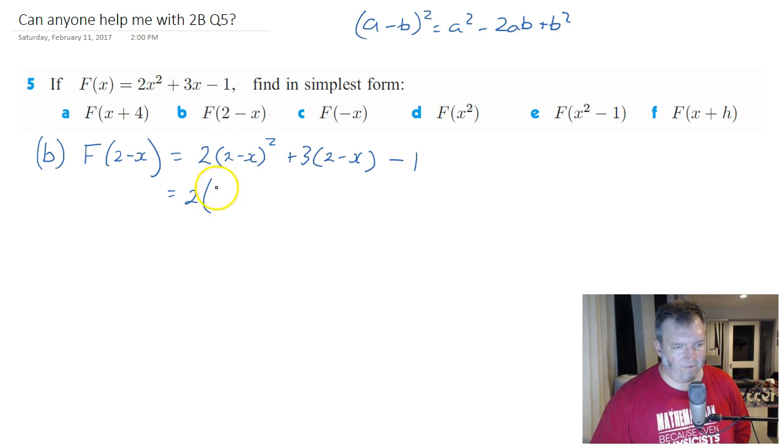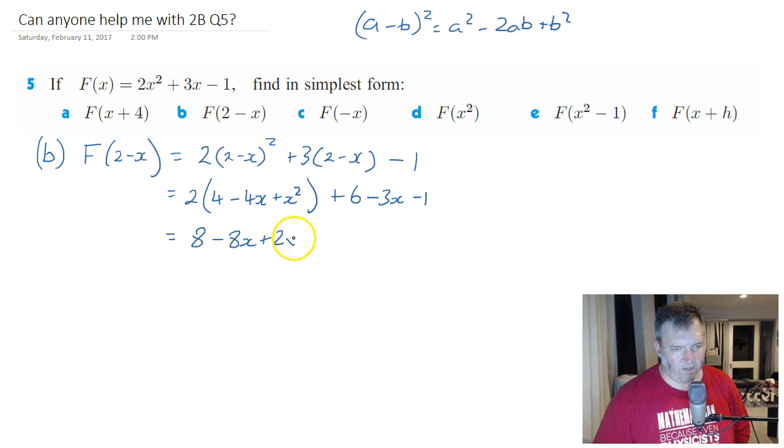But let's go ahead and do it for this one. 2 squared is 4 minus 2 times the first term times the second term. So that's minus 4x plus the second term squared, which is x squared. I'm going to expand the second bracket here. 3 times 2 is 6. 3 by negative x is negative 3x. Minus 1, expanding our first bracket, we're nearly done, 8 minus 8x plus 2x squared, 6 minus 1 is plus